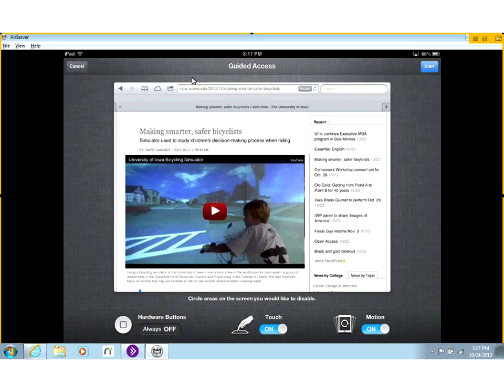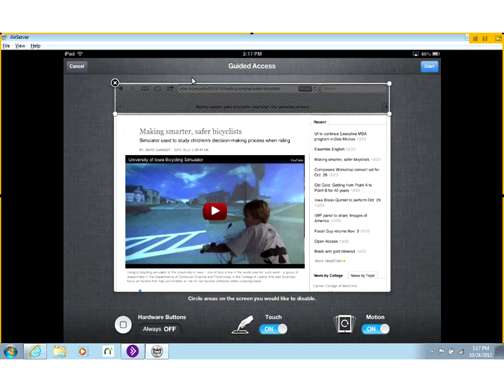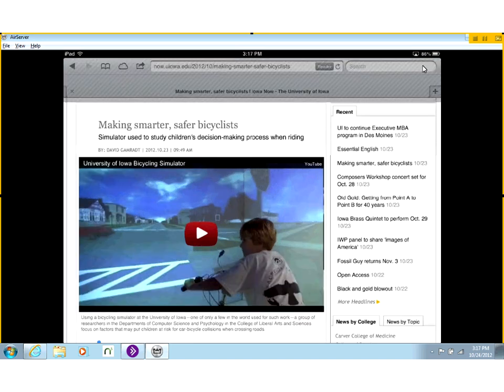So if I'm on the internet and I want them to read this article but not be able to leave this page, I can draw a circle with my finger around the address part at the top of the iPad there. And you're going to see a little hatched area go over where I drew that circle. If I want to make that larger, I can drag on the corners and make that larger, but I'm okay with that because that's where I want it to be. Now if I go and click Start,